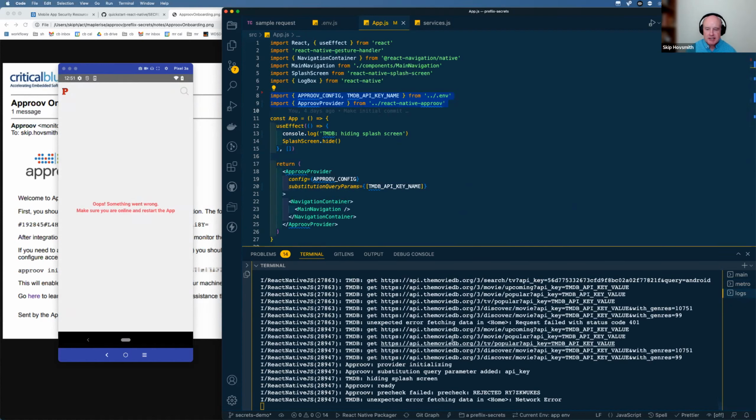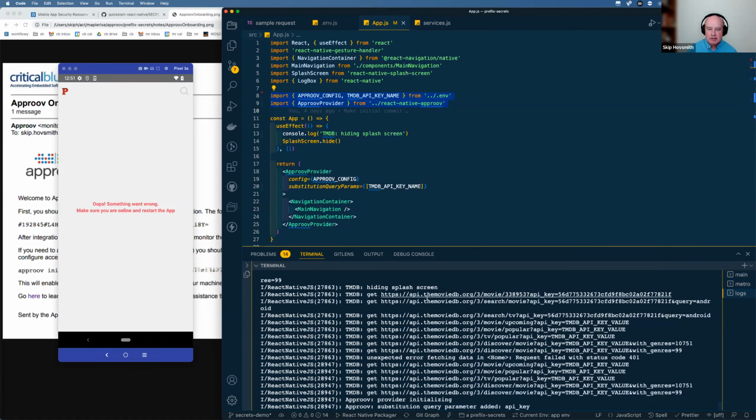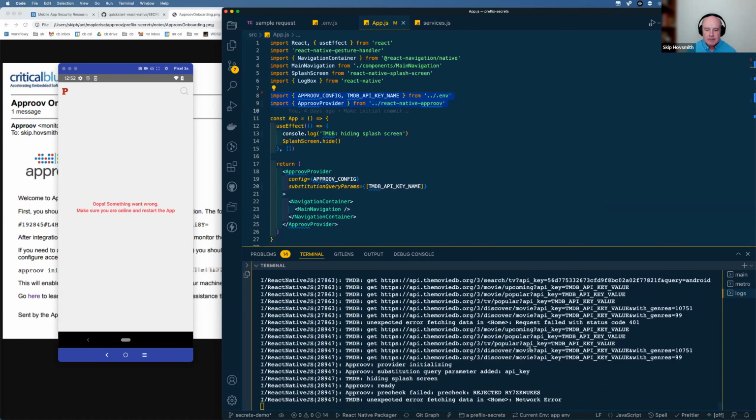And if you look at what's going on here, here's the original TMB API calls, and you can see they had this string in here which could be intercepted. The new string, when we change the environmental variable, has now the API key value as just a placeholder here. So when the system goes to run, we're getting a failure error from approve saying we've rejected it. And what that means is that, yes, this application has the approve SDK and it's trying to communicate to approve, but as far as approve knows, it's never seen this application before.